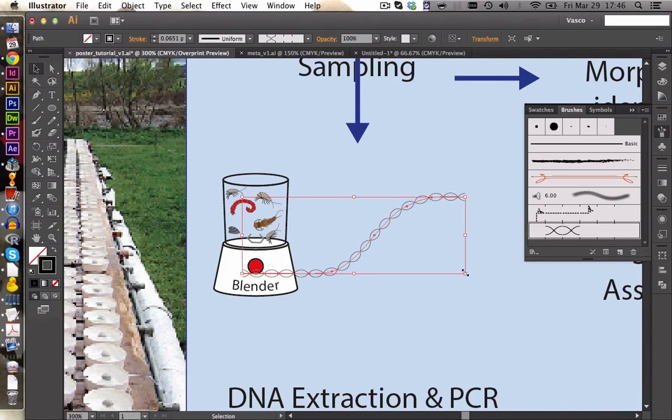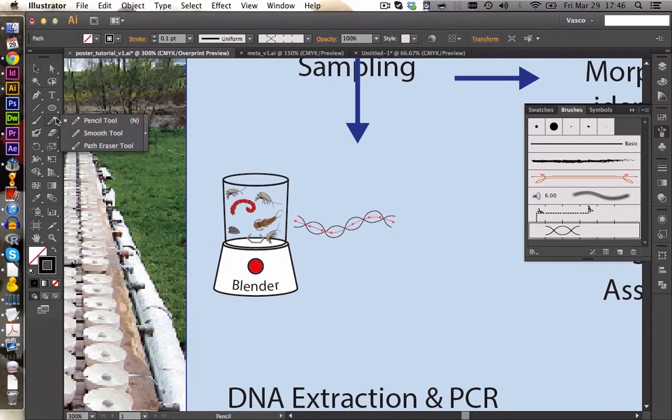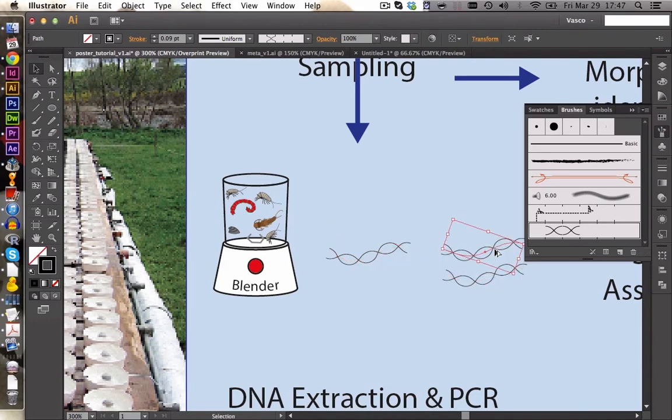And now it's easier to handle and to rescale. The thickness of the DNA should be maybe something like 1 pt. You see here you have some little wrinkles, and we can try to remove those using the smooth tool, because the path at the moment is not very smooth. And this is maybe better. So here we have our nice DNA, and we can now go ahead and copy this one as a sign